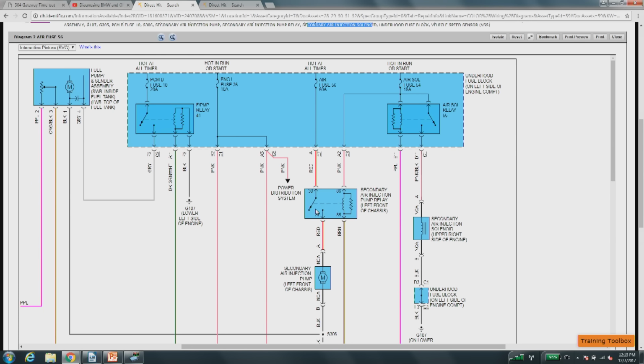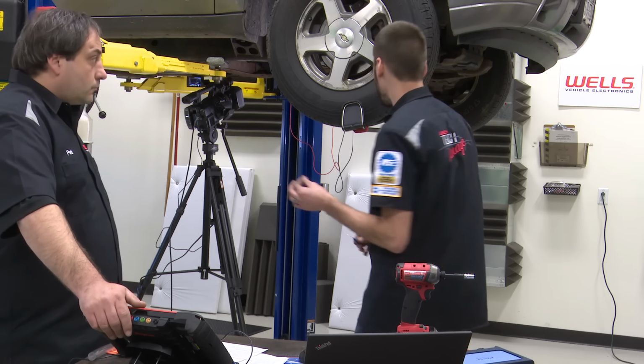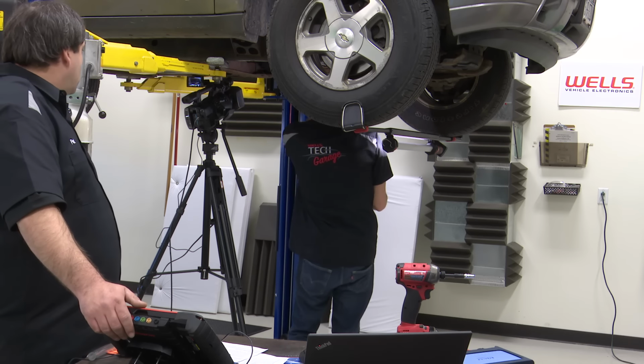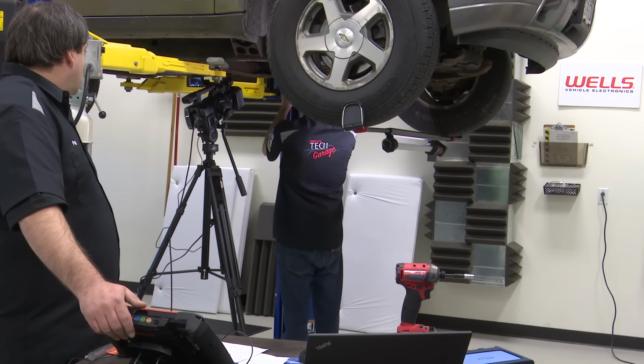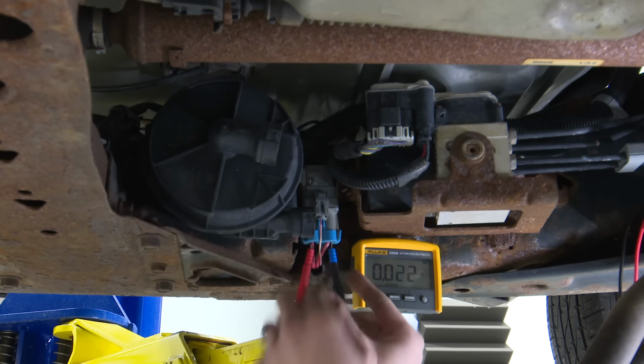Our relay may be the problem. That's maybe what I'm suspecting to be our problem. We could have bad wiring somewhere else, but let's go ahead and do a voltage drop across the relay. So right now we're just going to measure the difference between either side of the relay. So when it's off like this,